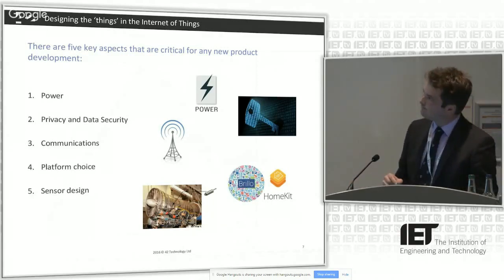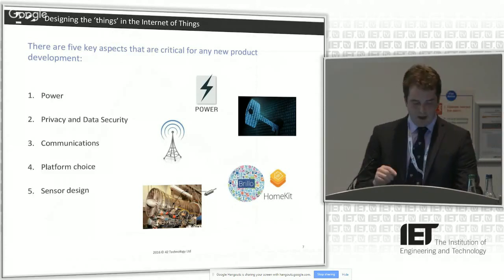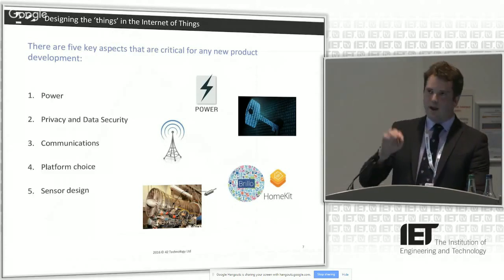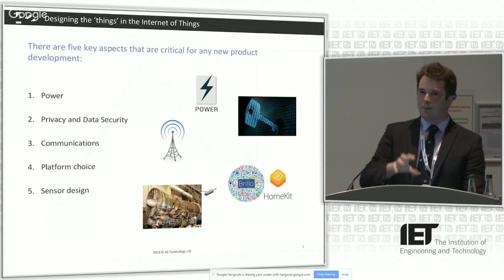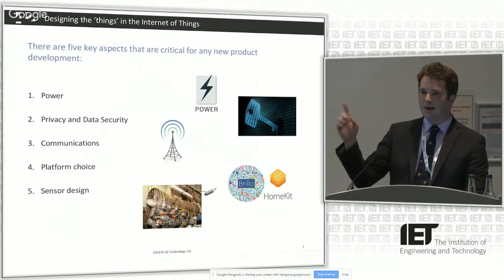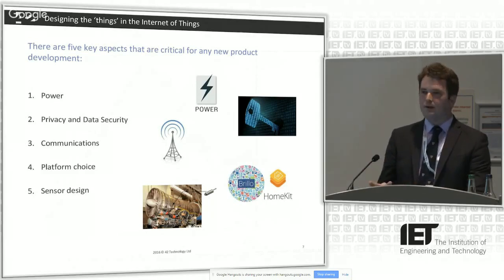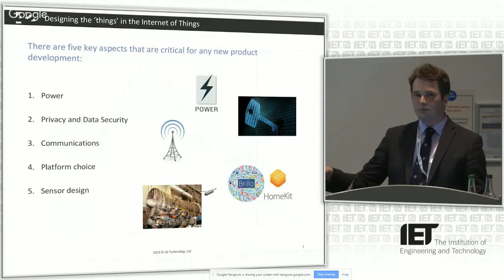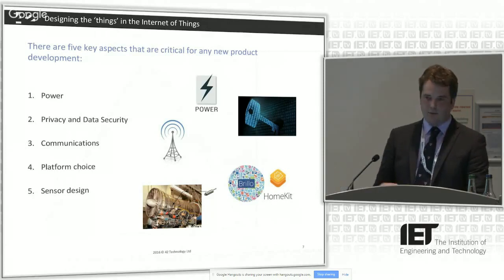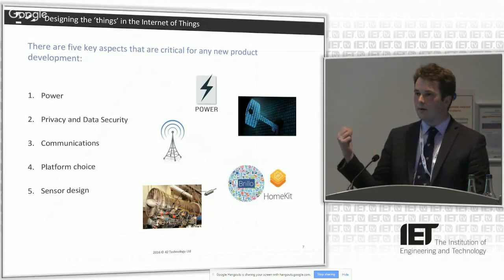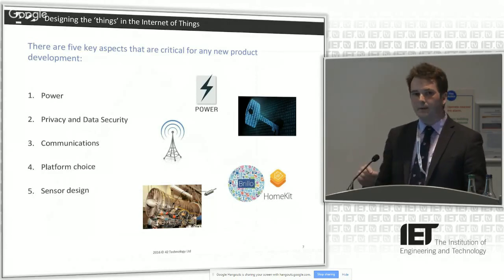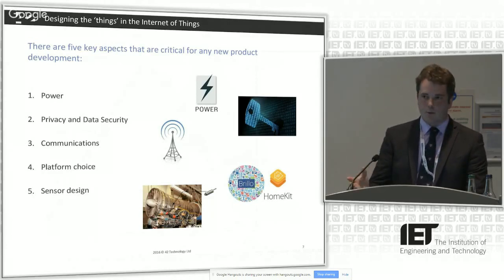So communications, number 3. The way in which you get data from your low-powered device to the cloud, it might be achieved through a dedicated hub in your home. It might be through a smartphone. So when I go running on my running watch, I download all the data to my smartphone, and then my smartphone sends it to the cloud. Or it might be a home Wi-Fi router.